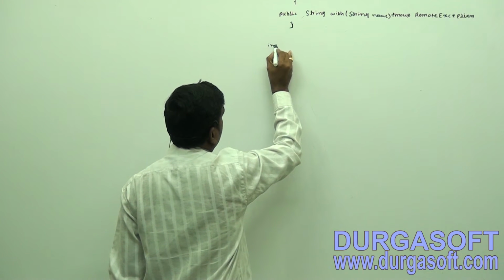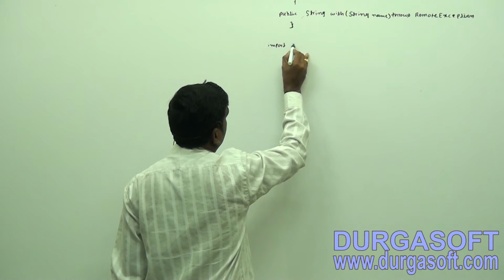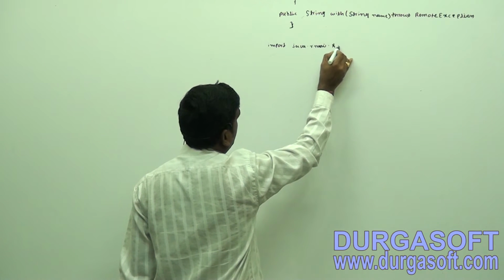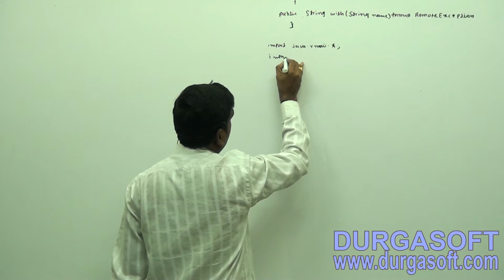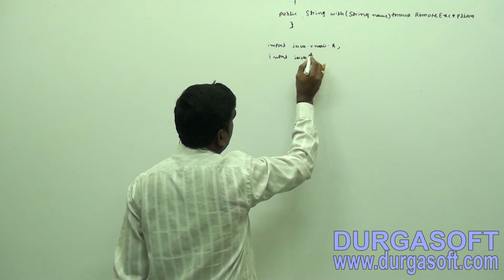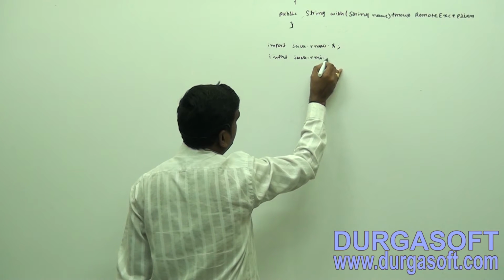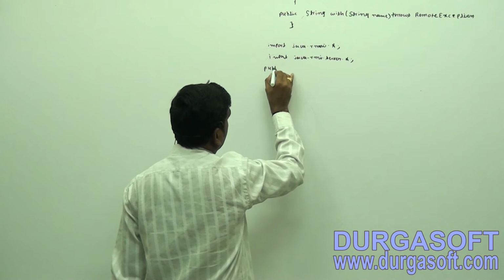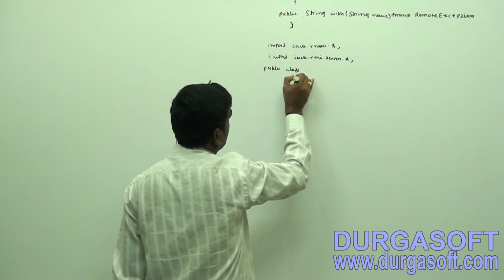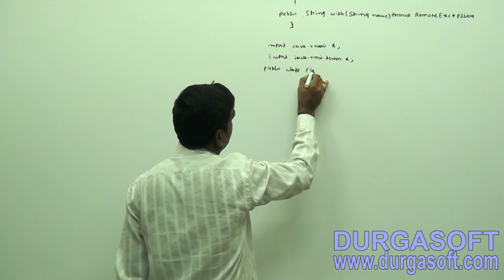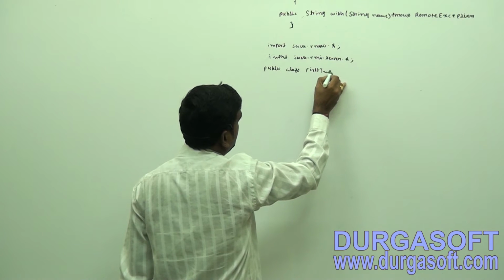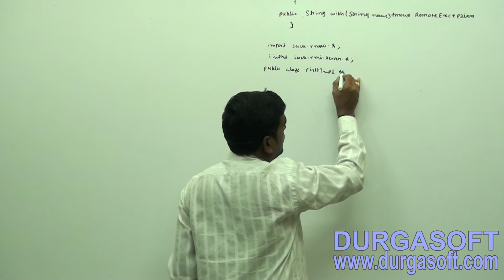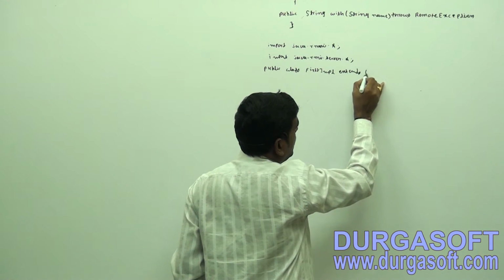So before providing the implementation here, we need to import java.rmi.* package, import java.rmi.server.* package, then public class FirstImpl, now extends UnicastRemoteObject,